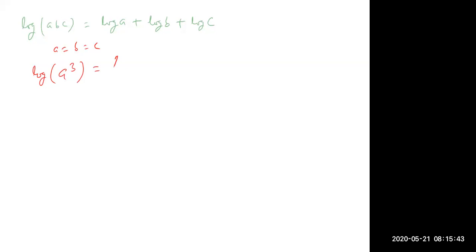See, now what I've told, like log ABC will be equal to log A plus log B plus log C. This is clear? Now consider one case when A, B, C are equal. Then in this case, you will have log of A cubed is equal to log A plus log A plus log A, because all three numbers are equal. This is equal to 3 log A. So you can see this index comes in the front.